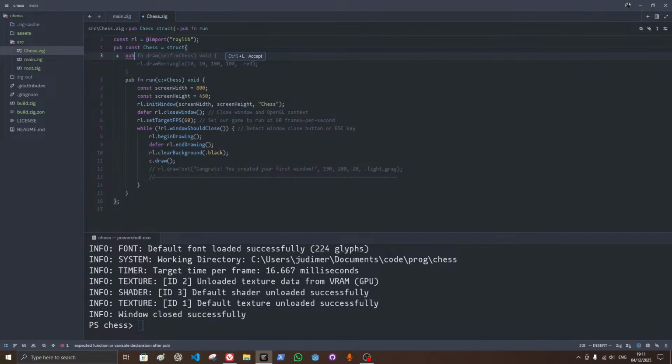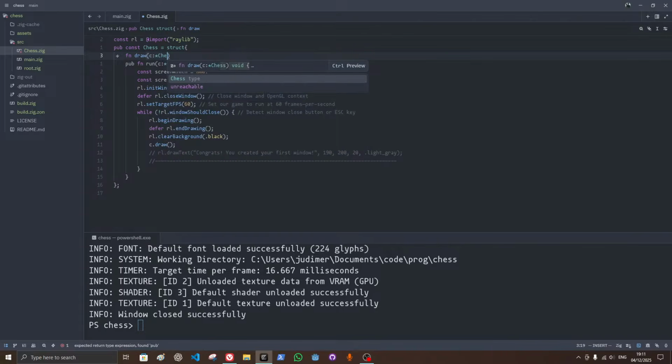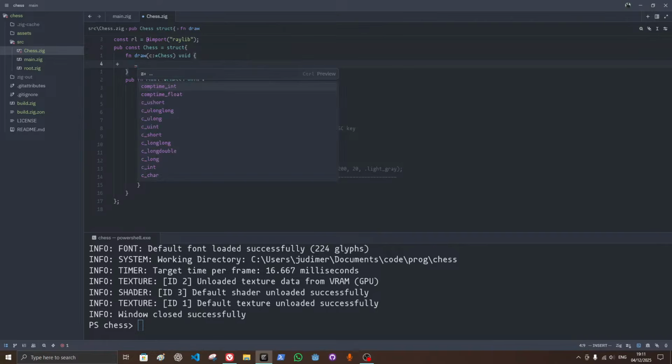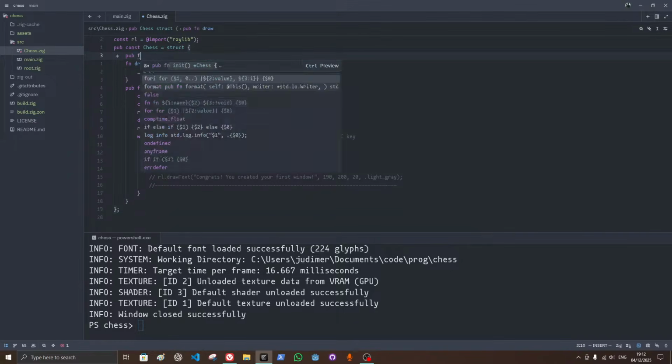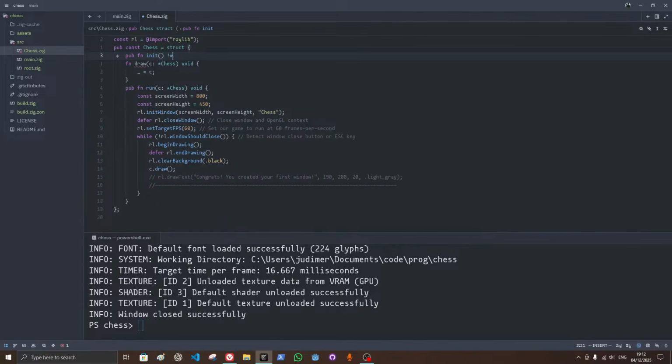Here I will go and draw the chess. I think it's just void. I don't care about the rest for now. So this should work for now. I just need to add another function in it, which returns error or some pointer to this struct,